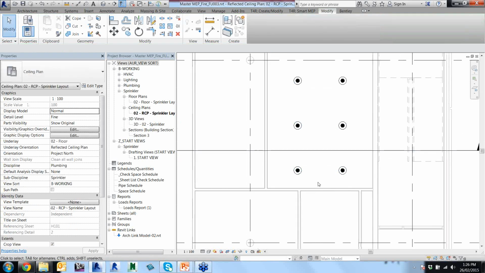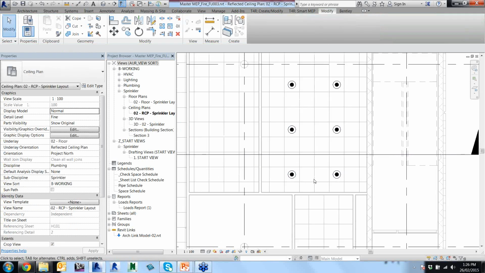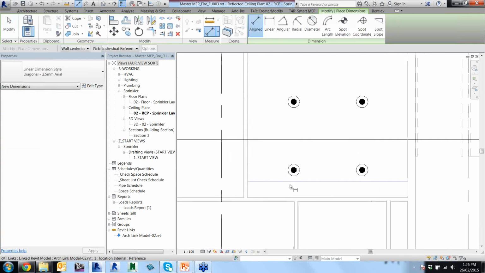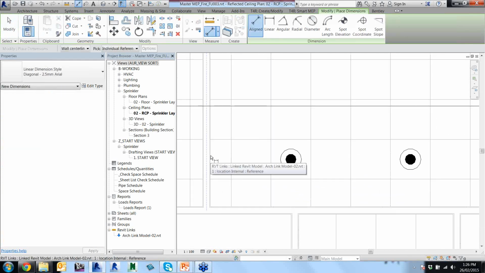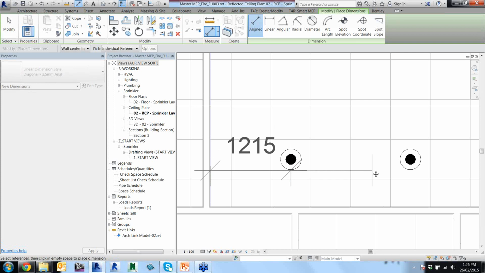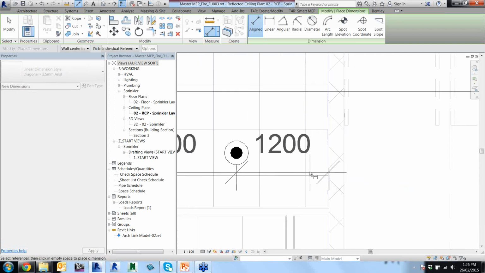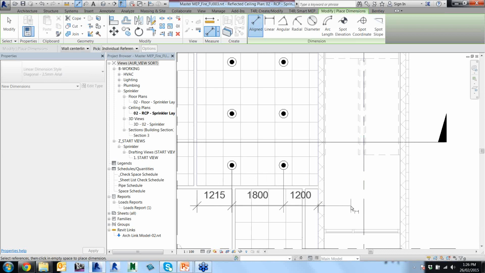And the last thing I wanted to show you here was just a little bit about dimensions with sprinkler heads. Dimensions can be quite useful with your sprinkler heads and to control the layouts, specifically the align dimension. And I'll show you what I mean. What I can effectively do with dimensions is drive and move the sprinkler heads themselves. So maybe I'll put a dimension from the edge of that wall to this sprinkler head, to the next one, and then lastly to that wall there. I'll click to place that